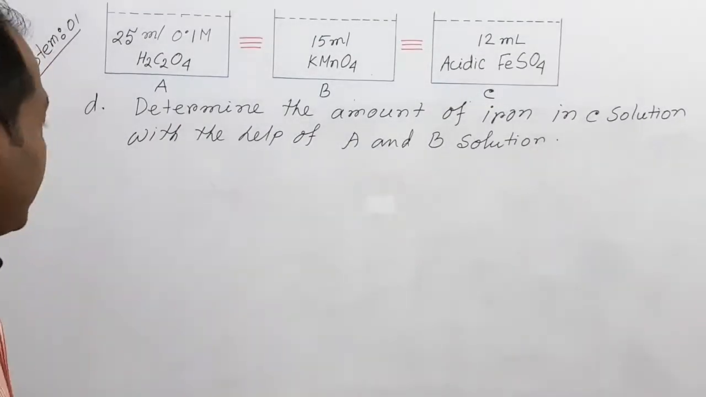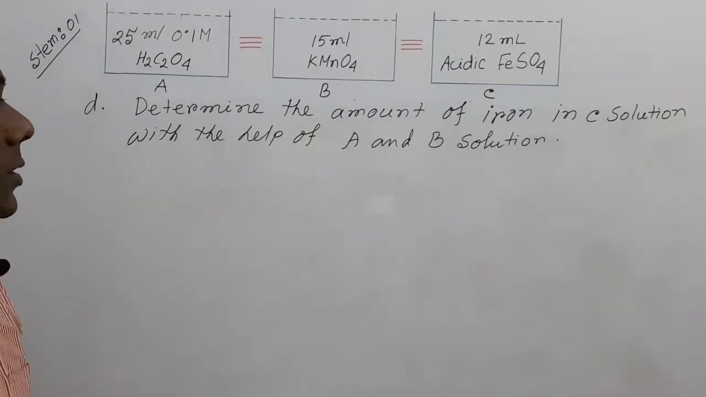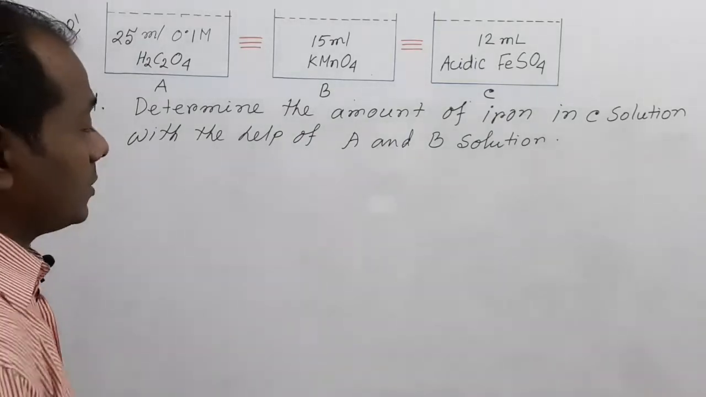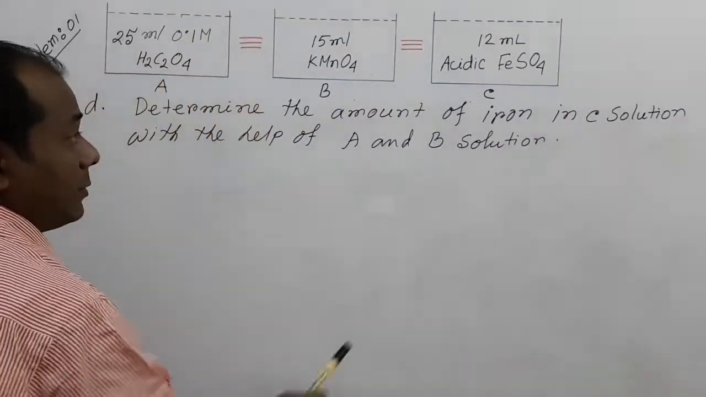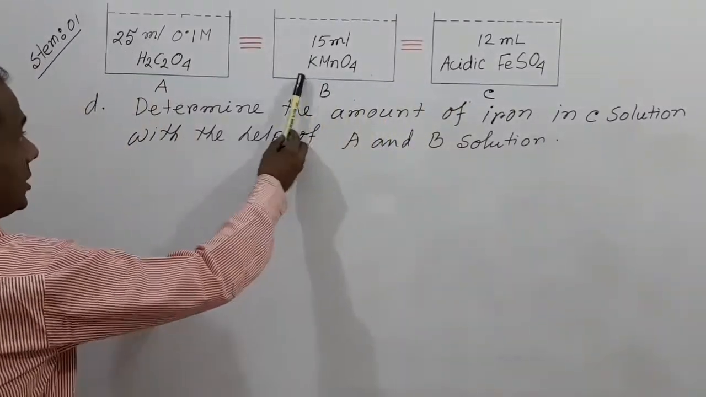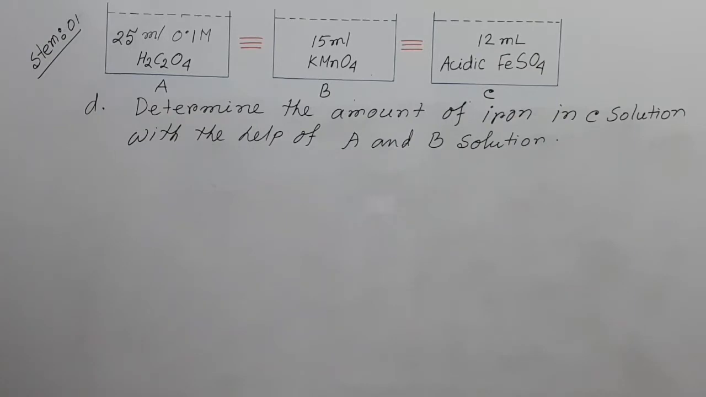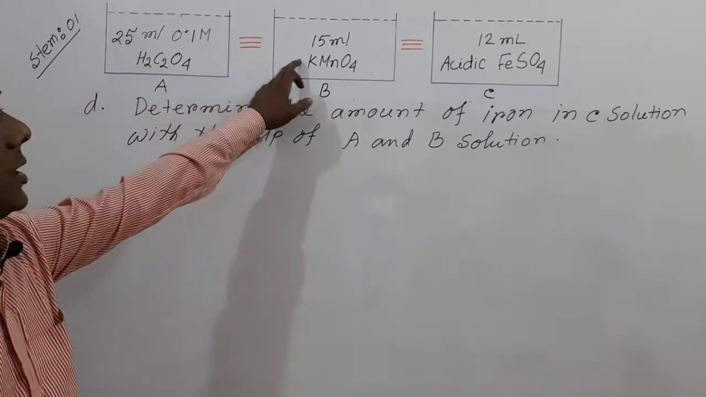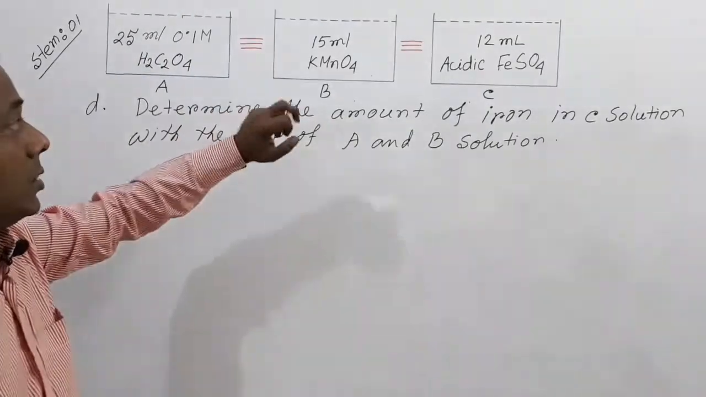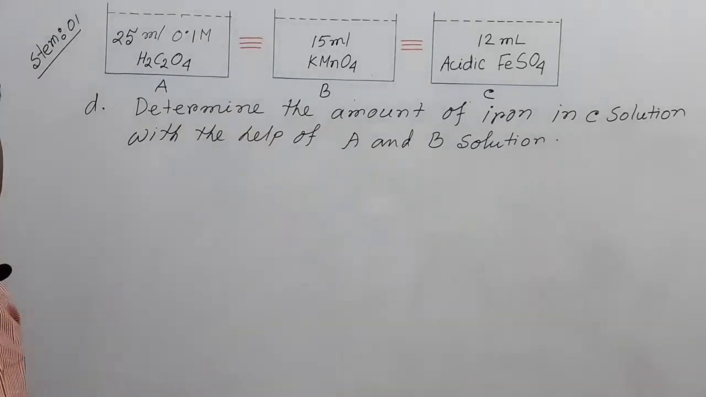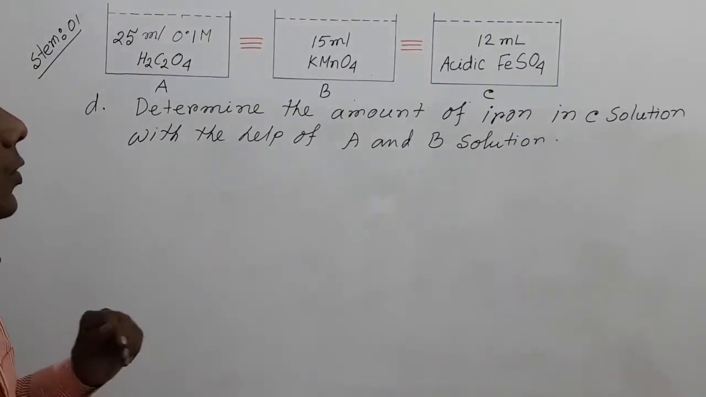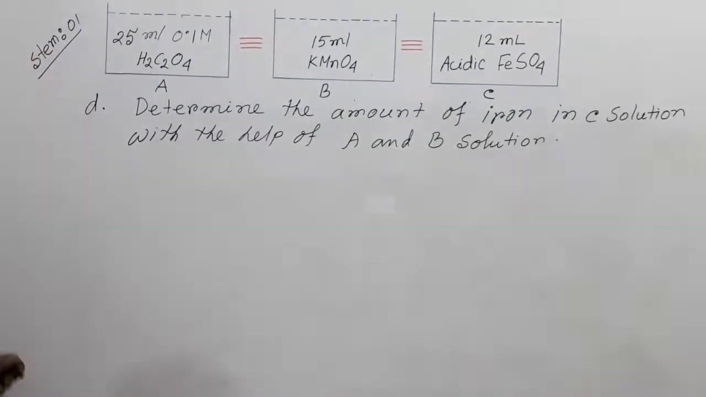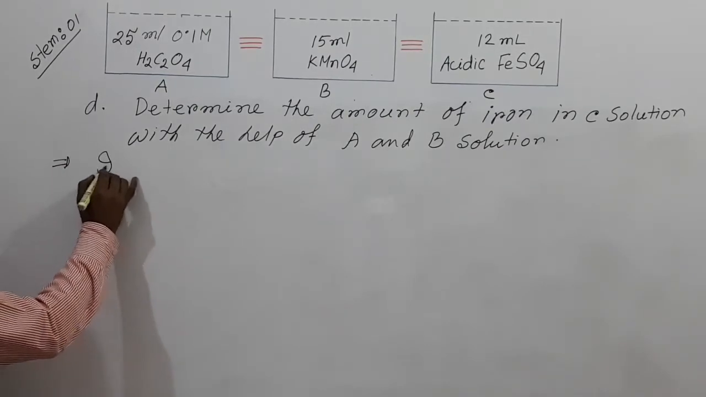My dear students, our next question is: determine the amount of iron in C solution with the help of A and B solution. So we have to calculate the amount of iron by the help of potassium permanganate and oxalic acid. We see that here volume and concentration should be given, but here only volume is present. The concentration of potassium permanganate is absent, so at first we have to calculate the concentration of potassium permanganate. So in acidic medium,